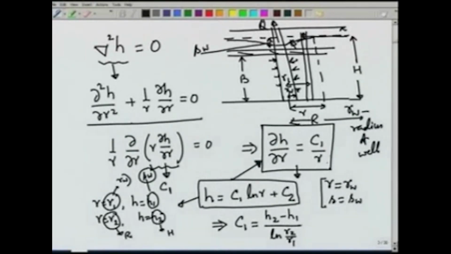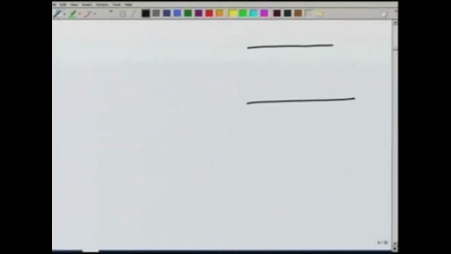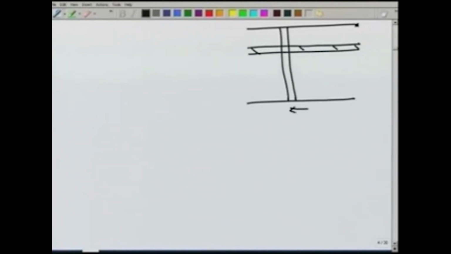And if you look at this equation, del H by del R is C 1 over R, and C 1 is obtained from here. So, what it tells us is that by measuring the drawdown at two different locations, R 1 and R 2,